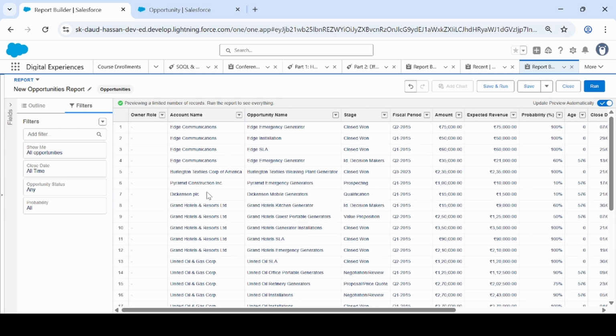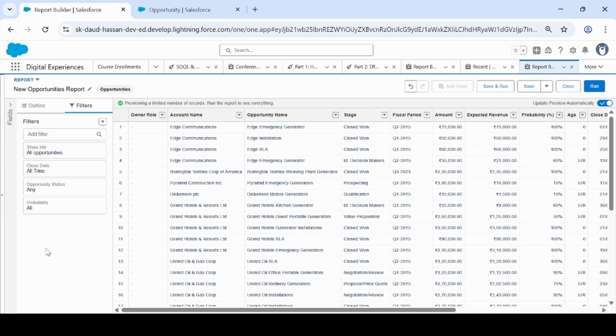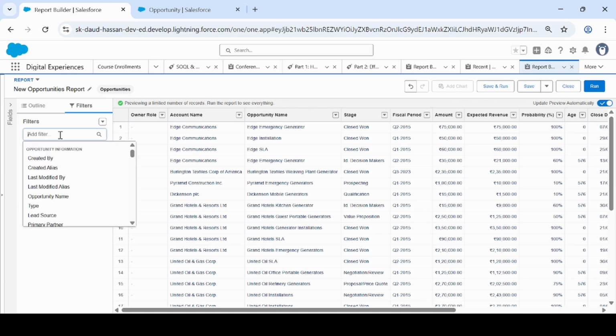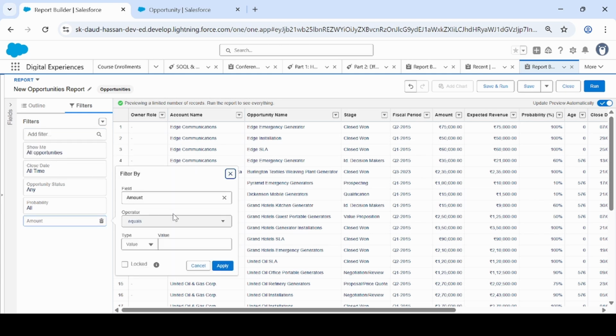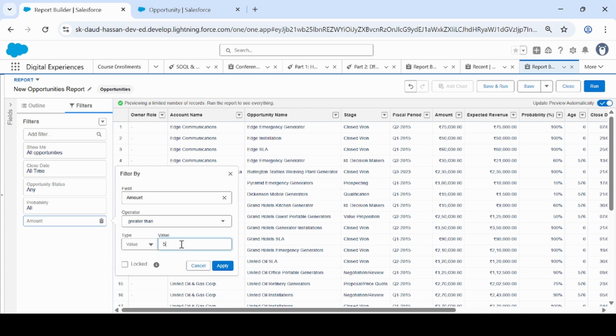Now first we will see how to add a field filter. A field filter is nothing but adding the filter using the fields we have on that object. So on the opportunity we have one field called amount. We'll select that. We'll give the operator as greater than, and let's say the value is 50,000. So here what we are doing, we want to see the values only where the amount is greater than 50,000. We want those records only, correct? So we'll click on apply,